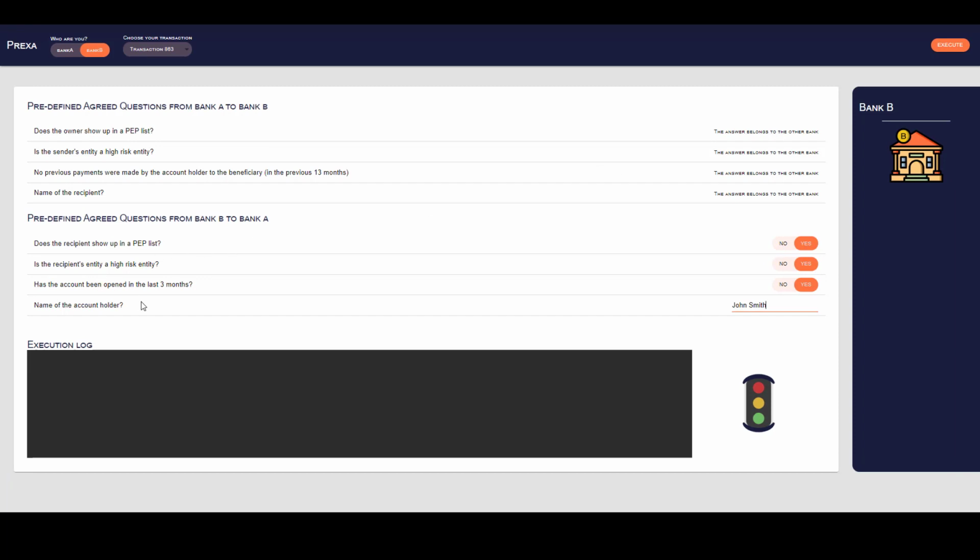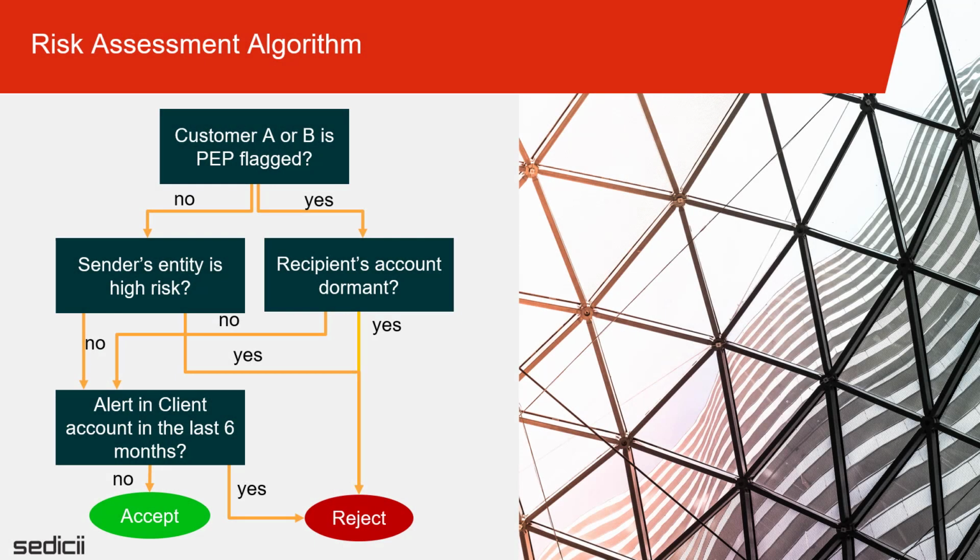With the answers to these questions, the two banks define the risk assessment algorithm, which could look like a nested list of if-then statements, just like the one shown in this example. So this algorithm consumes customer information from both banks and returns a decision on whether to accept or reject the